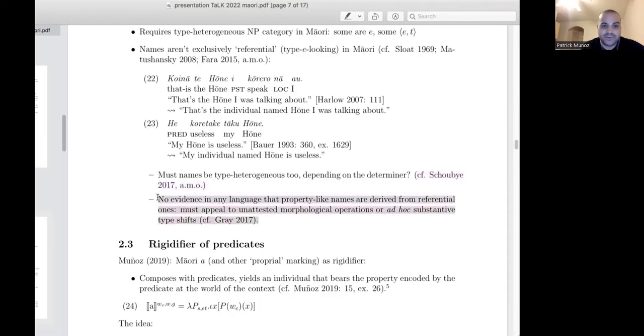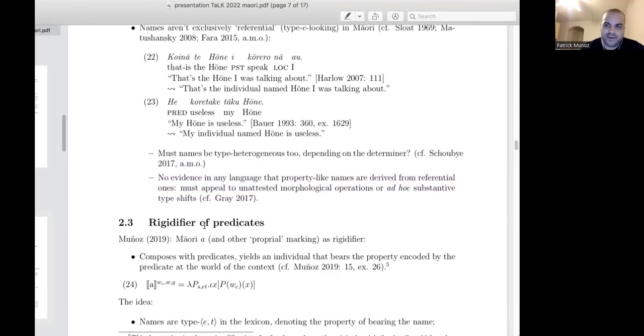You know, in semantics, you can kind of do whatever you want, you know, define an operator, go to town. The problem is that these operations are ad hoc as far as I know. That is, if you actually spell out what they have to do, they're basically only used for this one purpose, which to me seems like a redescription of the data, not an interesting generalization. So I don't think that's promising. I don't think the type ambiguity of names is a good way to go.